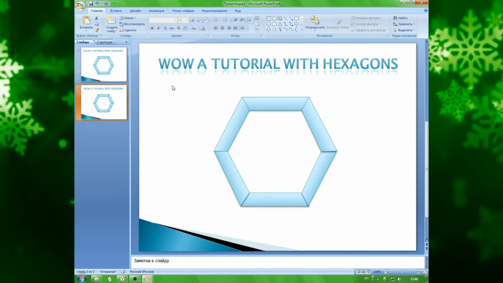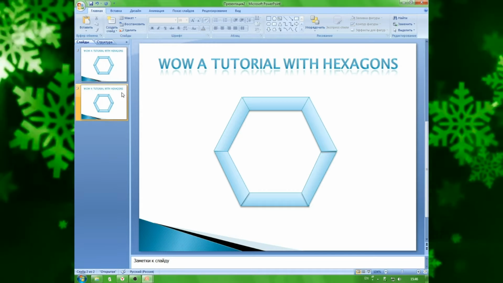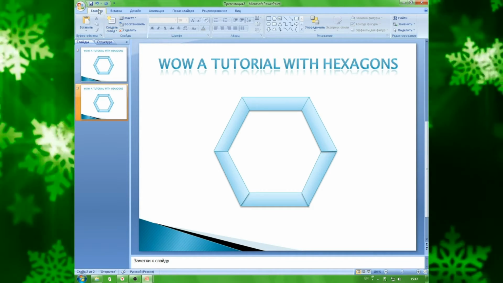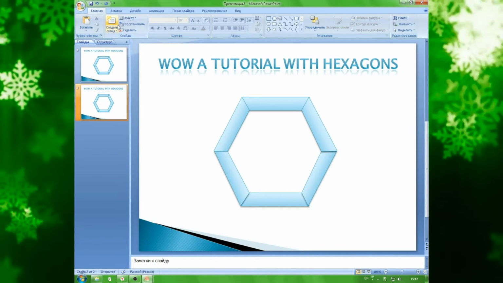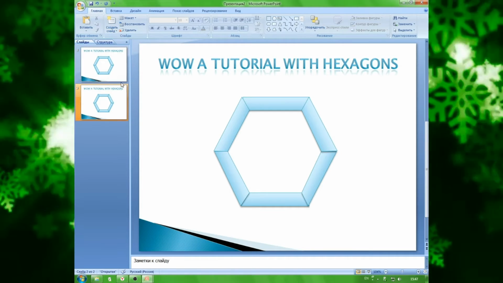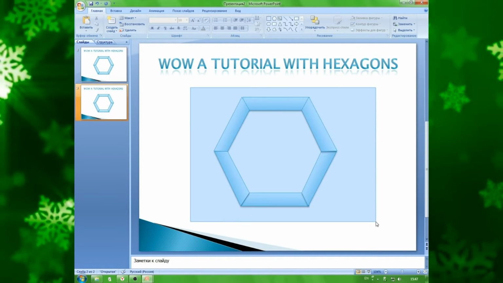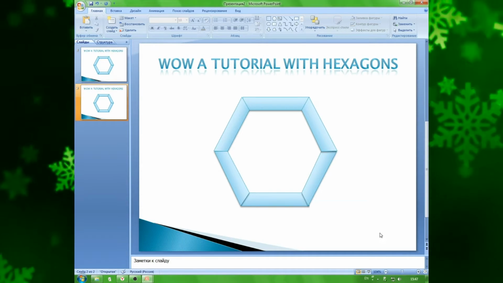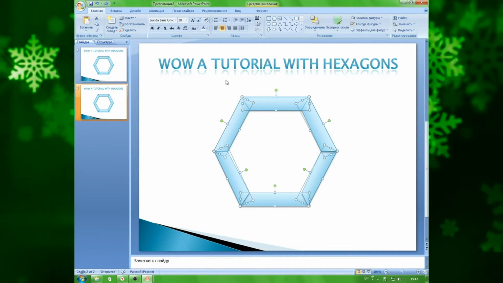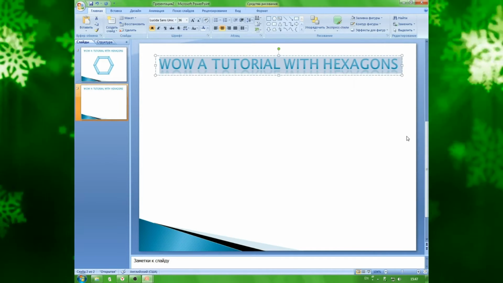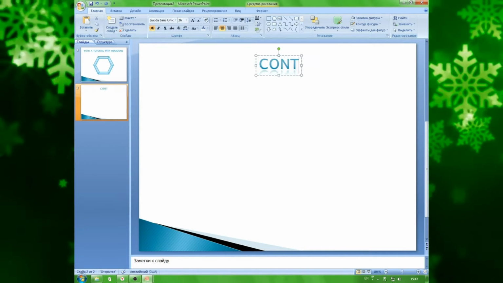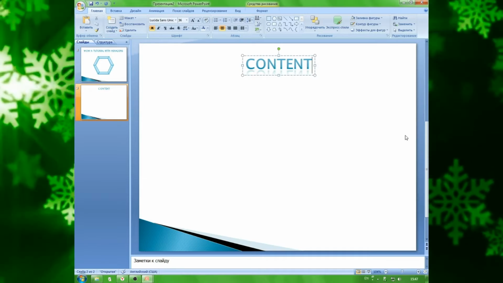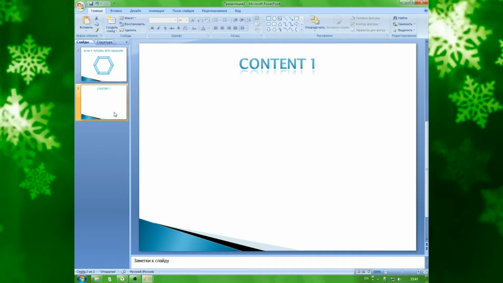Duplicate the slide and delete the button hex from the copied slide. Now clone the buttonless slide 5 times. I've changed the titles to differentiate the slides when I need to test the presentation.